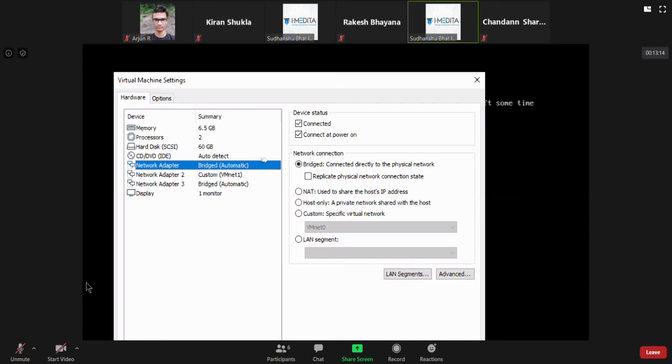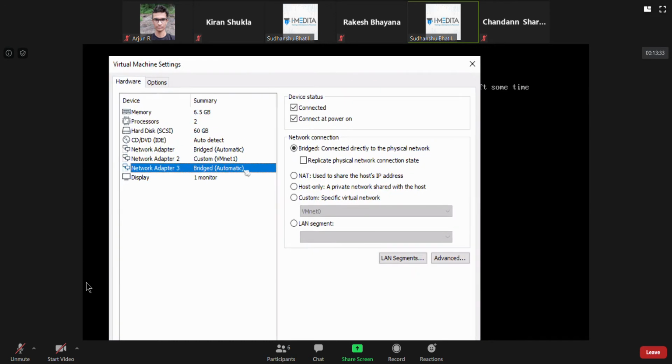Second, network adapter 2 will actually be Ethernet 1/1, and then we have Ethernet 1/2, and likewise, if you add more network cards into it, I don't have many here, this will be Ethernet 1/2, 1/3, 4, 5, likewise it goes on.